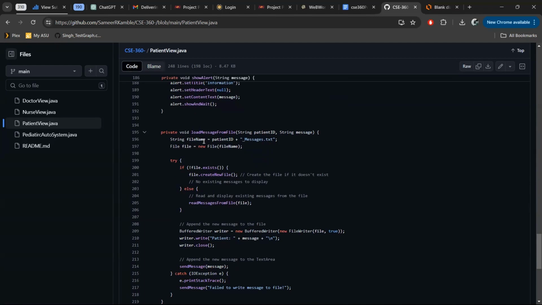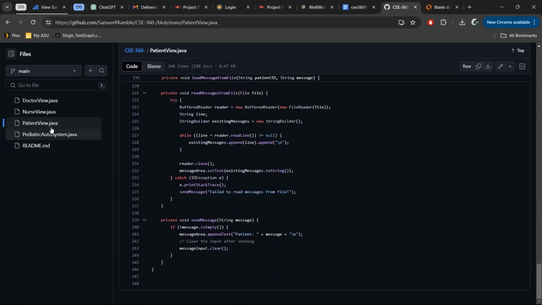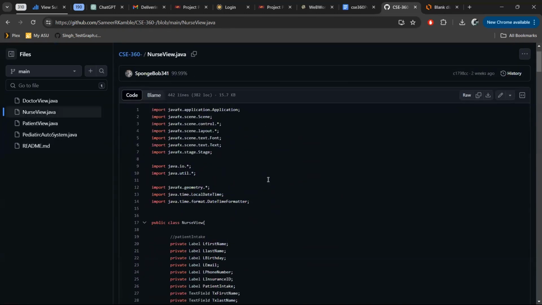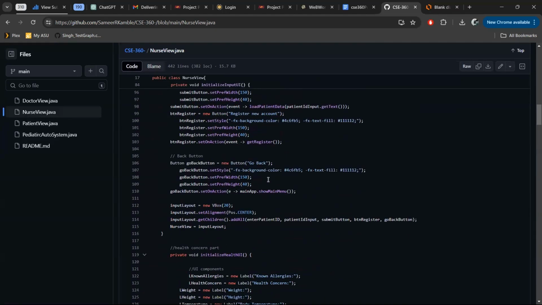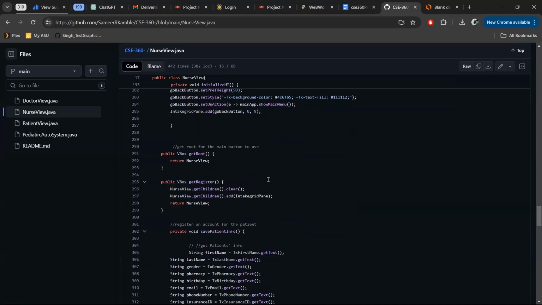And we have load messages and read messages from a file for the patient to use the messaging portal system to communicate with the doctors and nurses. Next up, we have a nurse class. It has the main nurse view, and it has private nurse methods, which comprise